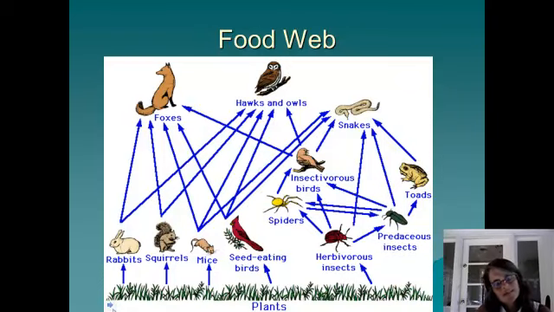Okay, so in this case, this is a pretty decent food web. A food chain would be going from producer to rabbit to fox, but in reality, the fox doesn't have to just depend on the rabbit. It could also eat a squirrel or a mouse or whatever. And so we have many things that could go to the fox and so on. Okay? As you can see, it's much more complex. All right?